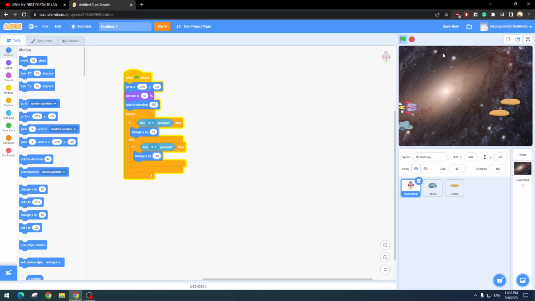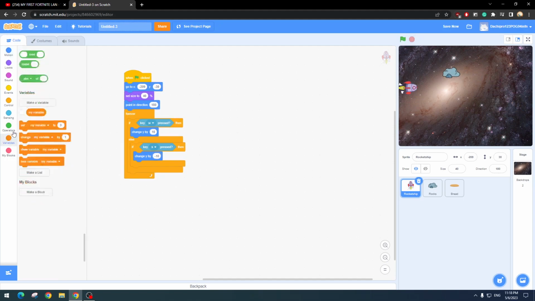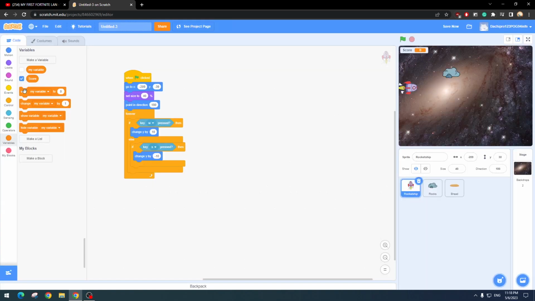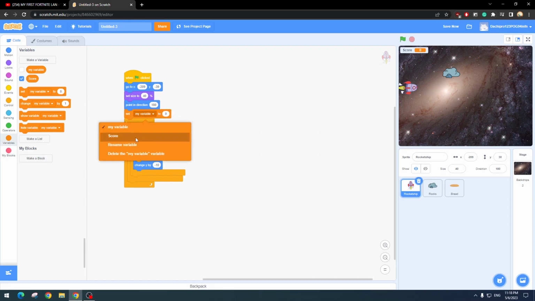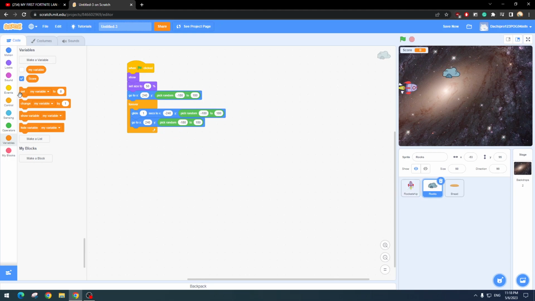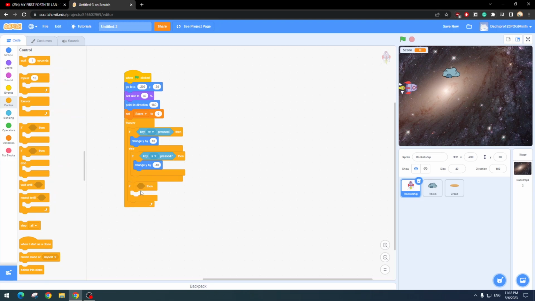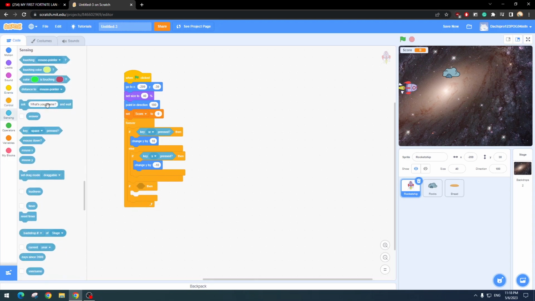Firing breads. Okay. Now what we do is we make a new variable called score. All we do is set score to 0. And then once this finishes, we need to change score by 1. But then what we also need to do is in forever, we need to make a new if block. If touching rocks, then